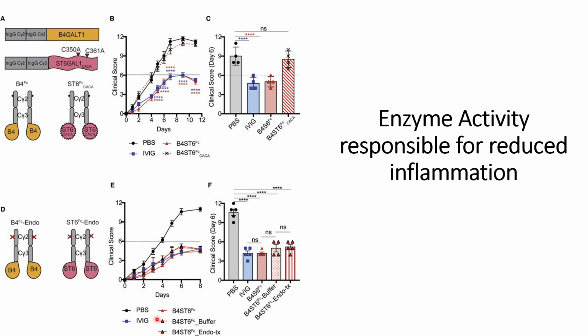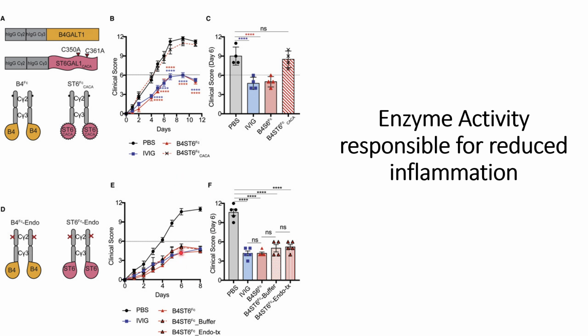And these results are also in line with the control case where B4ST6FC is used without any enzyme, with just the endo buffer, and with another control case where B4ST6FC is used. So this indicates that